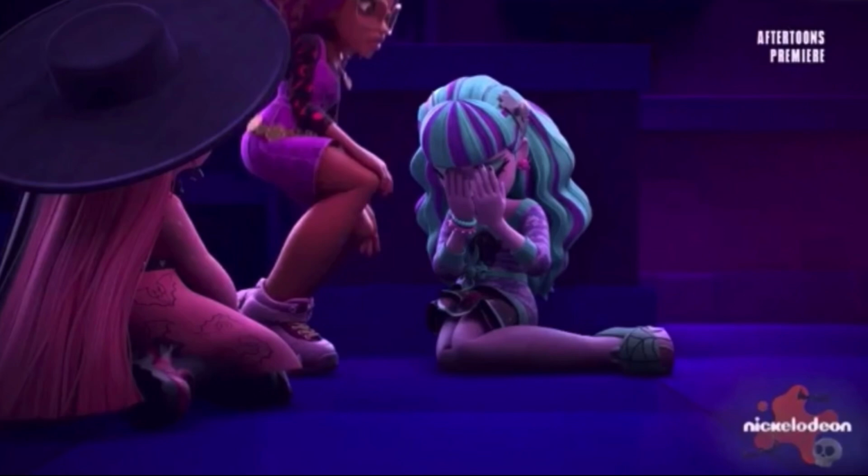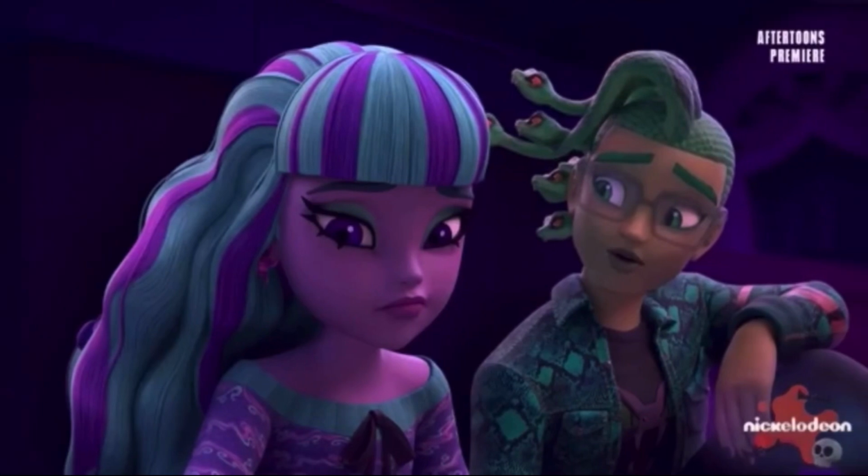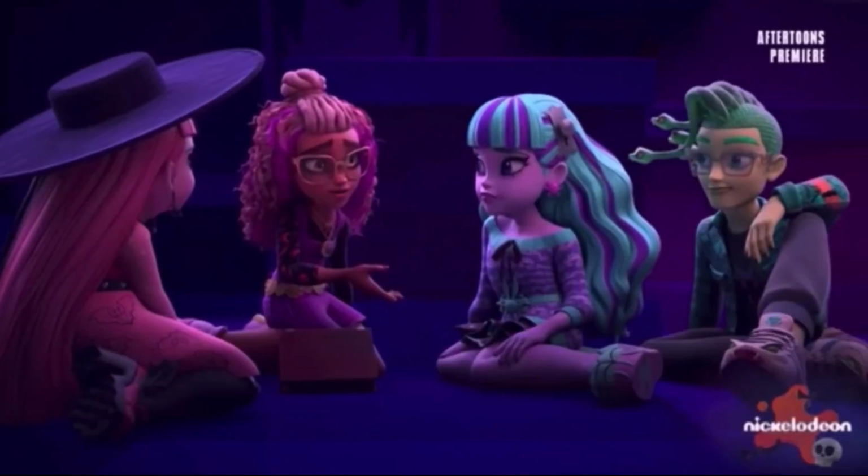Twyla keeps failing because she knows that if she does succeed, she will have to grow up, and then she will have to give up all the things she loves, and she will have to work and, you know, adulthood and stuff. But her friends explain that even if you do grow up, it's not all scary. She doesn't have to grow up alone, and she can still do the things she loves, because growing up isn't all bad. So with a new opinion,